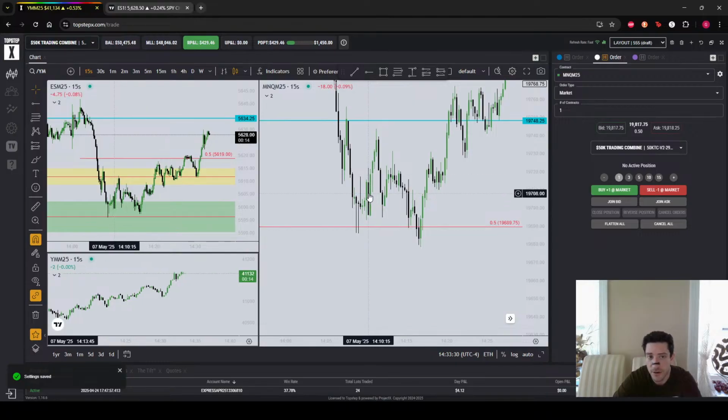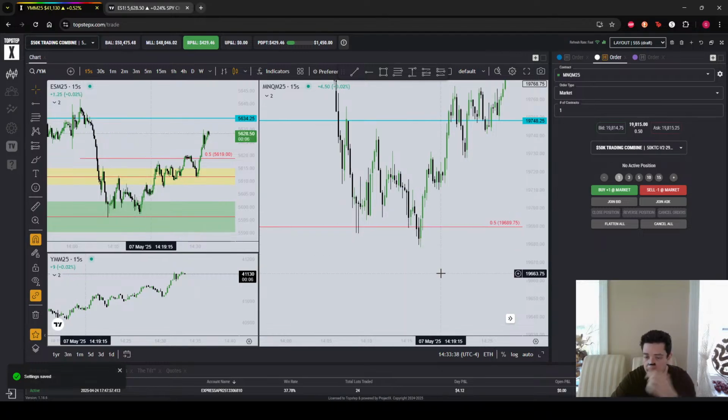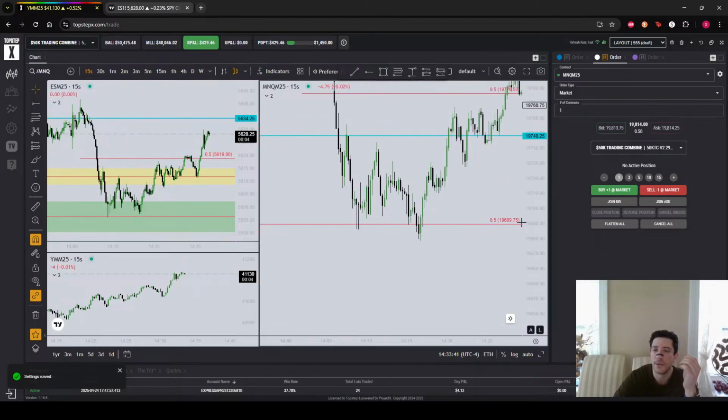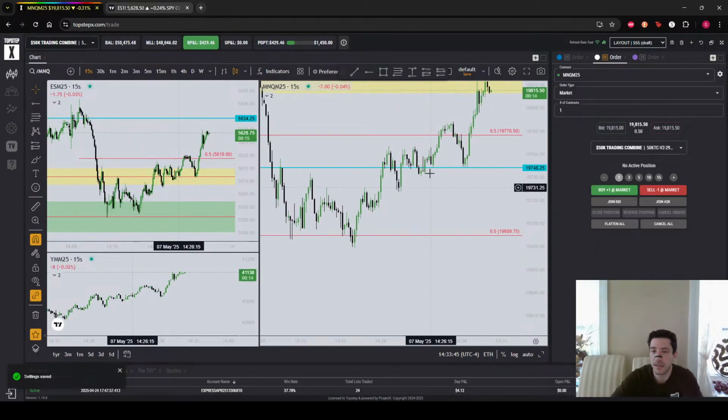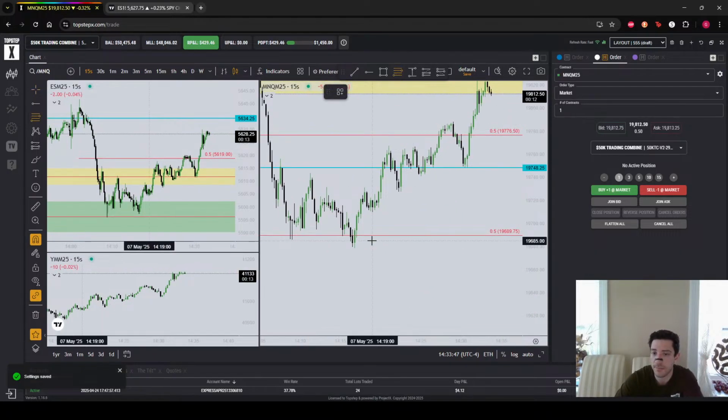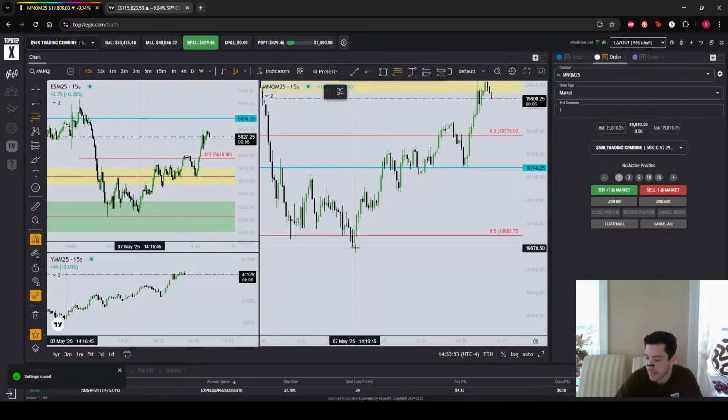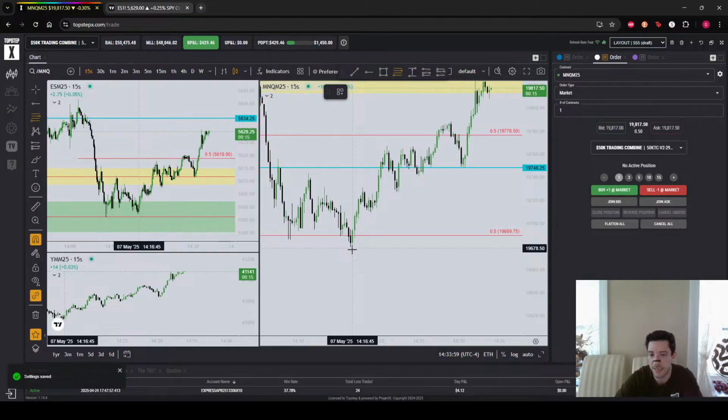And we're on the 15-second chart, right? So it's not terrible to wait for the model here. You would have gotten entry really nice. Look how it just taps that open almost perfectly on this manipulation here. But the way I trade, if the narrative is strong enough, I'm just getting long, because that's what's going to give me the best risk to reward. Because if I wait for it to do this, where's my stop going to go? Right here, right below this low. So if I'm anticipating my stop to be here anyway, why wouldn't I just try to get long as close as possible? And that's what I did.